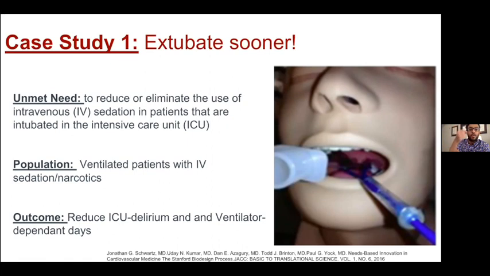Basically, it's a narrow catheter that goes around the vocal cords and infuses some numbing medication around there, without using IV sedation. What did that do? That reduced delirium, confusion in the ICU, and it reduced the ventilator dependent days. And this solution, developed in a very short period, got acquired by Cook Medical